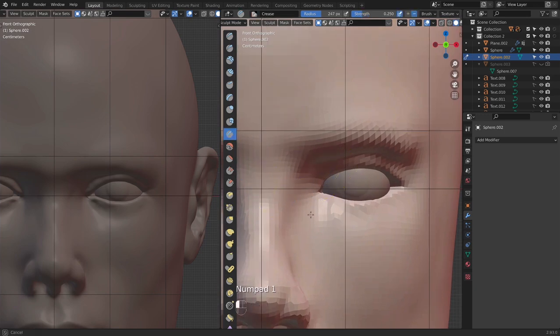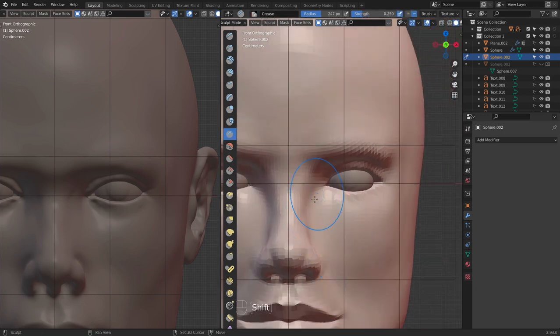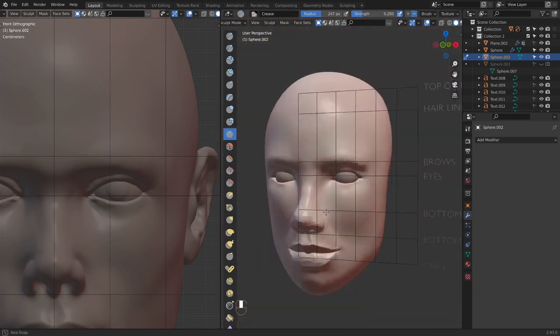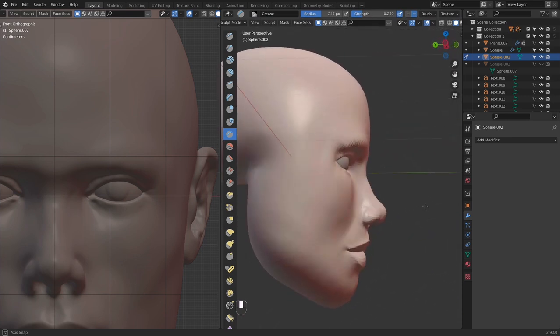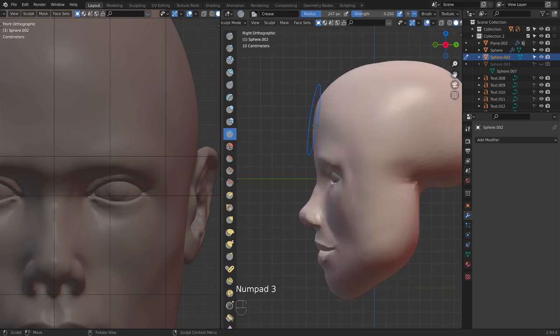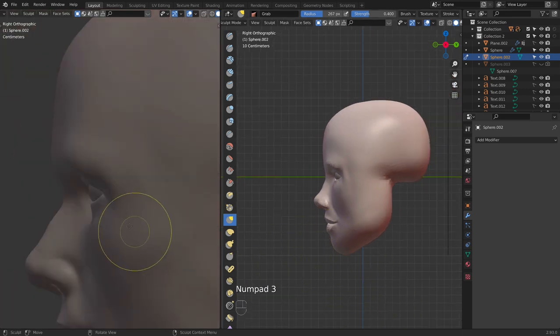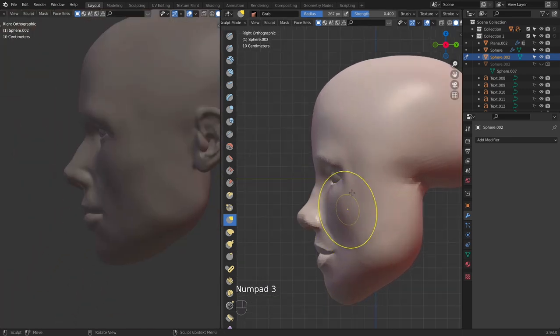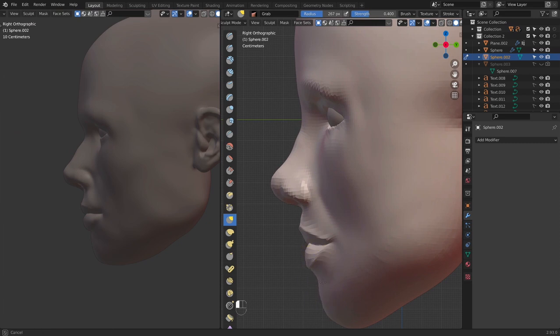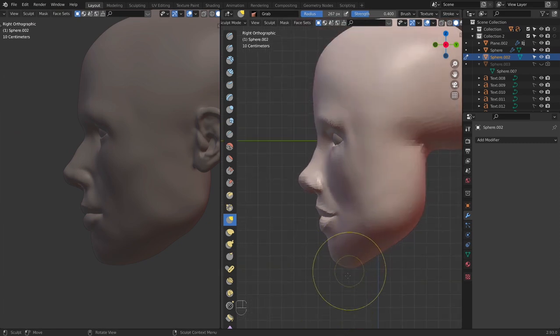Using the crease brush, I will add a crease here on the nose so you can see how it looks right now. Yeah, so the forehead line needs to align like this, and to the bottom, to the top lip. So I need to pull the top lip up a little bit. Okay, so these are small adjustments